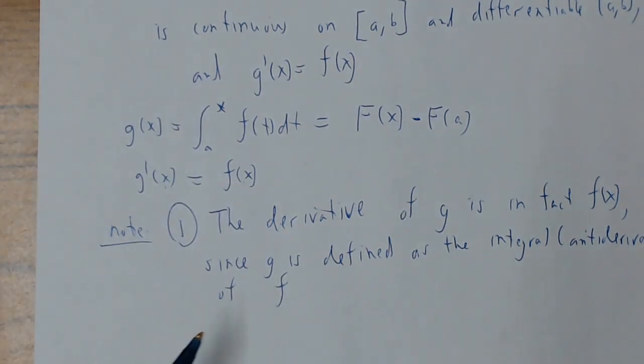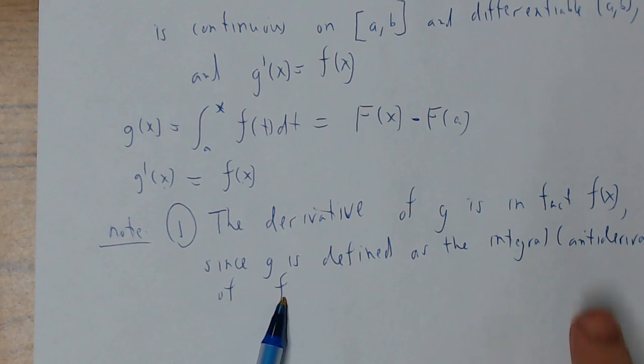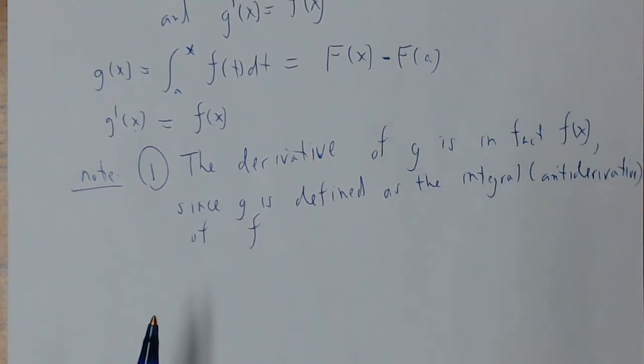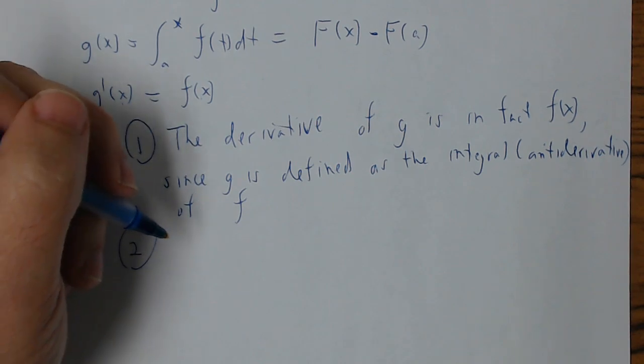So g is the antiderivative of f, therefore the derivative of g takes me back to f. Okay? So the second comment is,